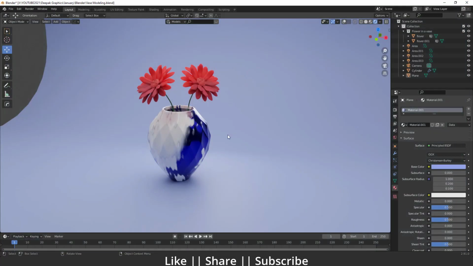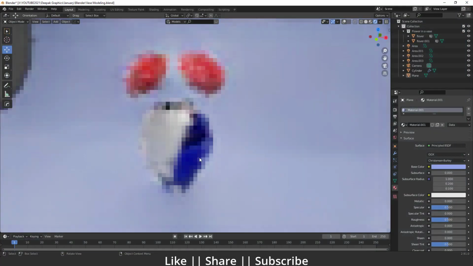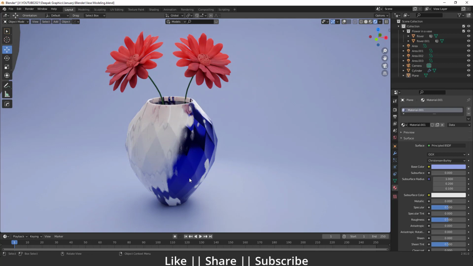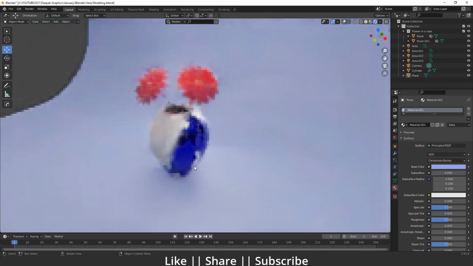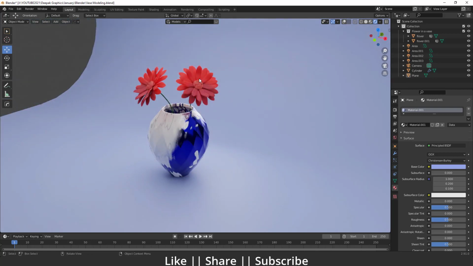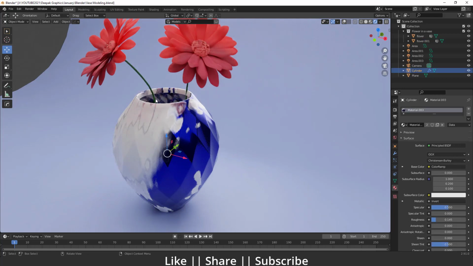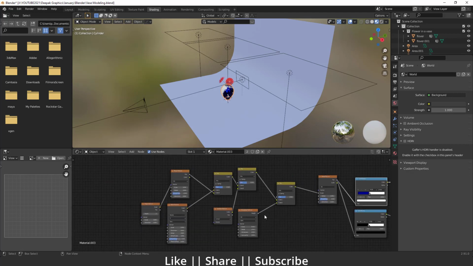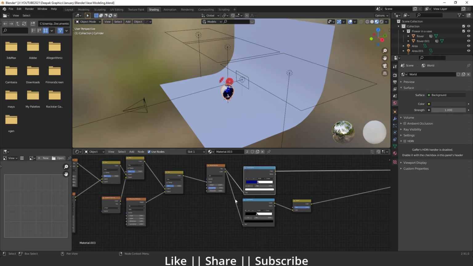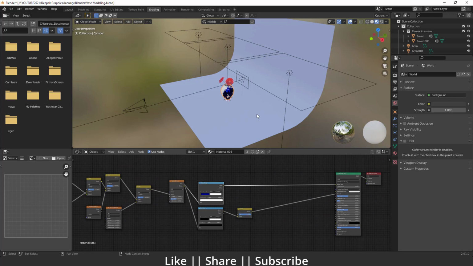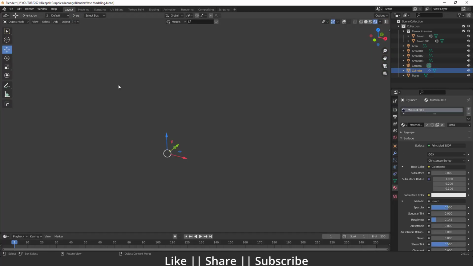And one more thing, guys, in this video we'll only talk about how we can create this vase model, but in this project file you will get all the assets, meaning you will get this flower also, and you will get all the materials which I have used here. This is a totally procedural material. If I show you here, you can see this is a very basic procedural material, so you will get this material as well. So don't worry about it, you can just watch this tutorial till the end, and after that you can practice also. So now let's start the tutorial.